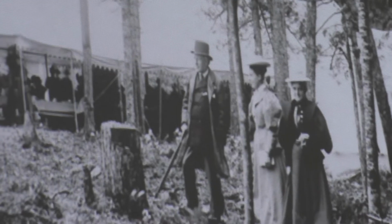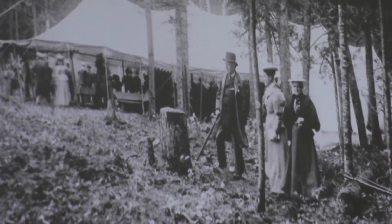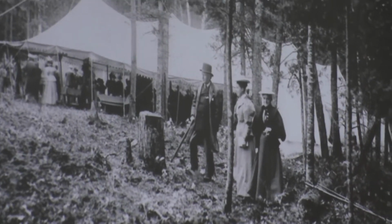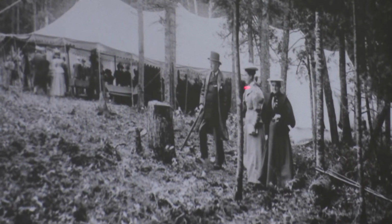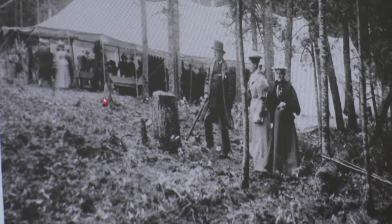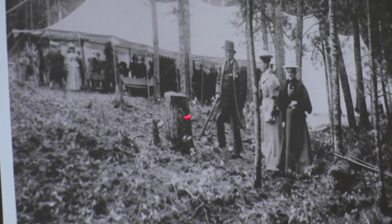Okay, now there is back where David Brown has his carport right now. That's the little knoll that you're going up. This is a knoll here. That's up to where David's carport is. And that's the dining room tent. It doesn't have the big floor in it, but the others have. And the ground has just been